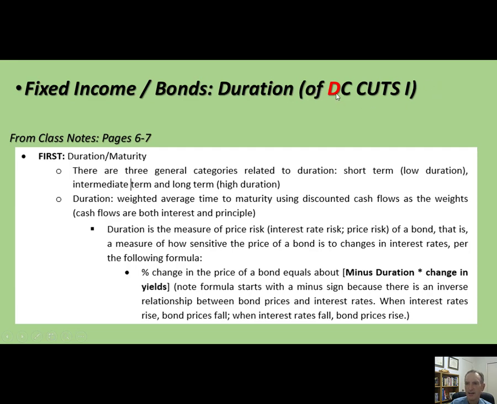Can you say it back? Take a second. Can you remember what all these stand for? I'll give them to you one more time and just see if you can remember it. D for duration, C for convexity, C for credit, U for U.S. versus non-U.S., T for taxes, S for structure. Make sure you notice the word structure. Some people just make up a word starting with S, but it's structure, and we'll talk about that.